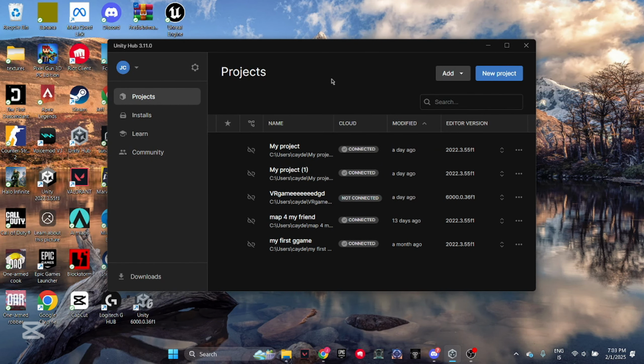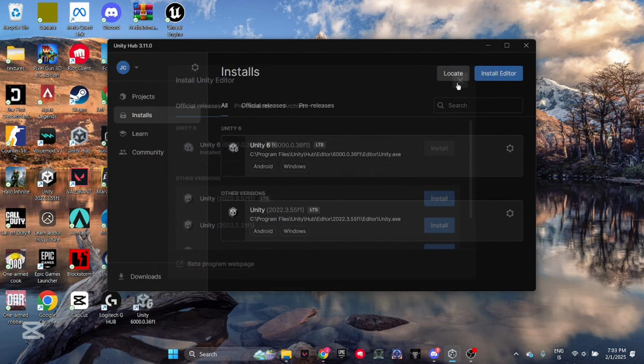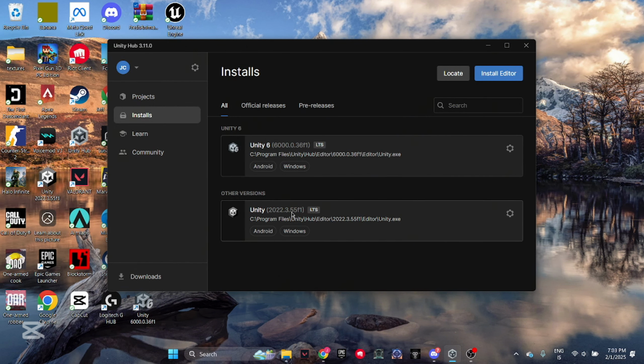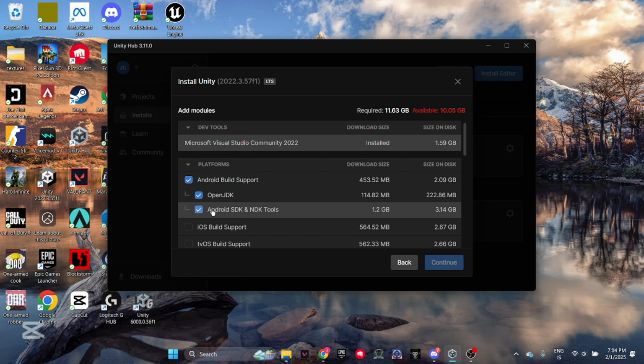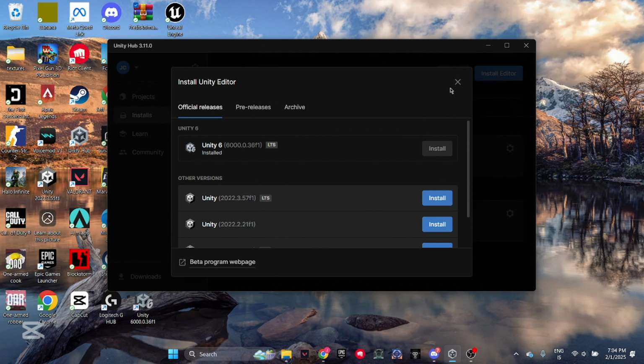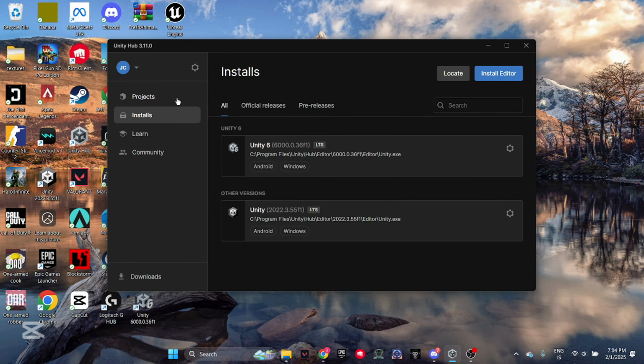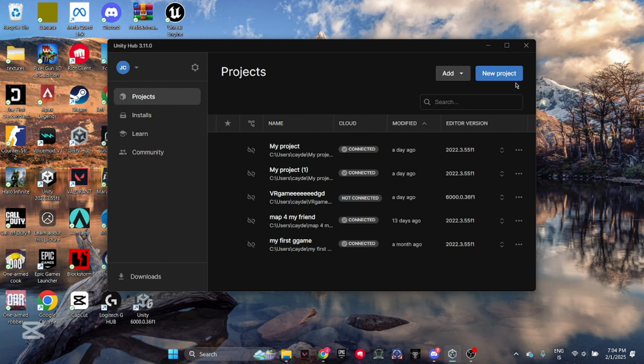So we're going to go to installs. We're going to press on install editor. Now we're going to be using a certain version, 2022.3. It's right here. Just press install. But when you press install, make sure you have Android, Open JDK, and Android SDK and NDK tools. You're going to need this. Otherwise, it won't work on putting the game on Quest. Now, this is going to take a decent while to install, but once it is downloaded,